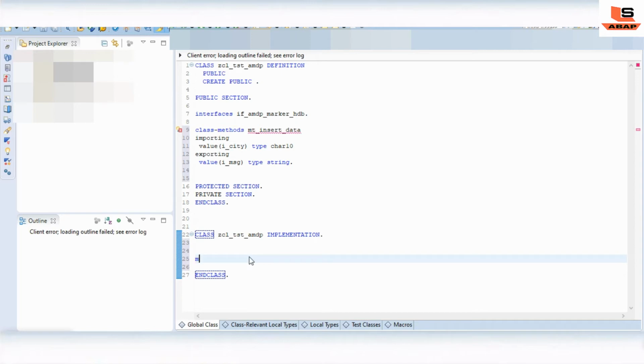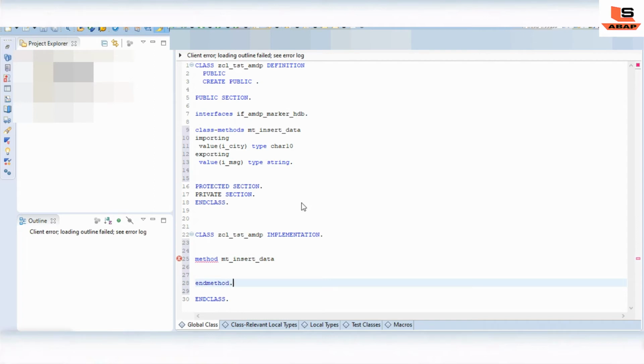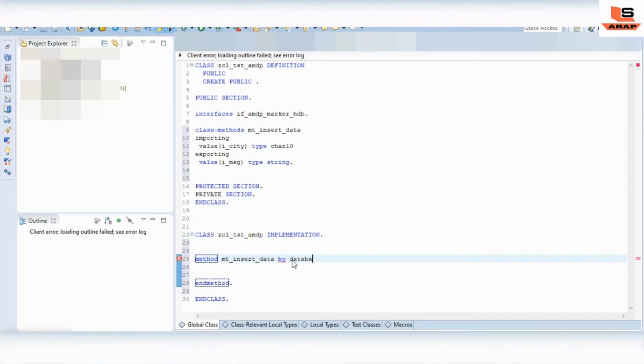We give the method name insert data, and here we use ENDMETHOD. Now what is the syntax to define the AMDP method? We have to write BY DATABASE PROCEDURE FOR HDB LANGUAGE SQLSCRIPT.